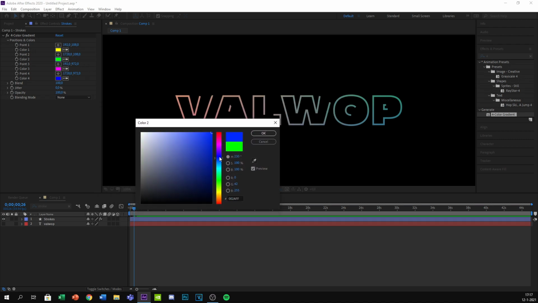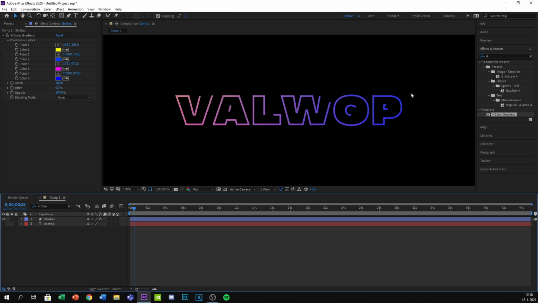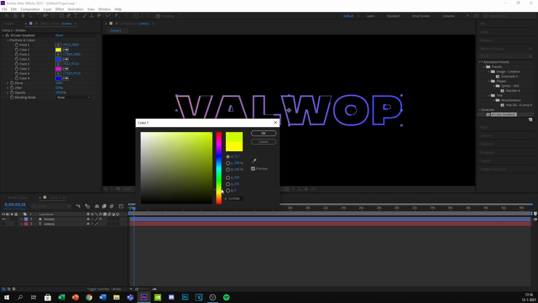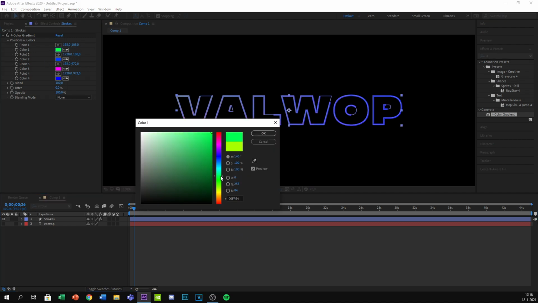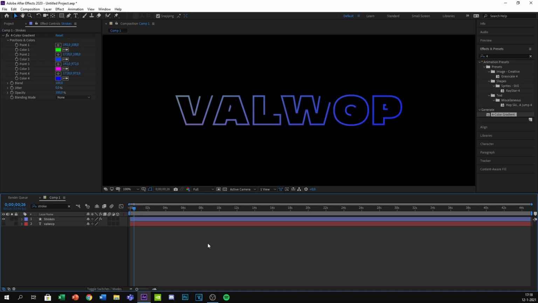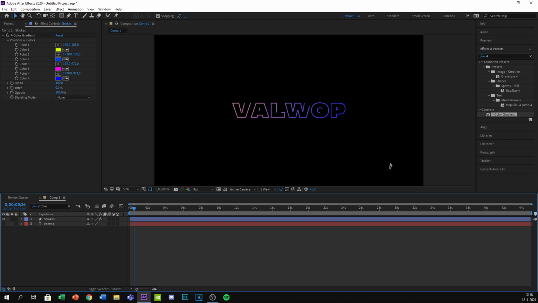Change the green one to a bit bluish, and this second one, which is yellow, already looks great, but I'm going to blend it a little more to the blue side. Now I'm just going to stick with yellow. I liked it yellow. So then you have a little color gradient. You can mess with every color as you want, but I like this one. It isn't exact because I wanted something a bit different.